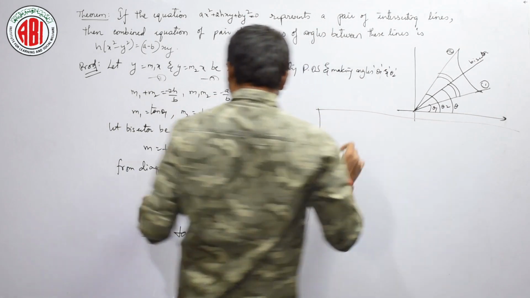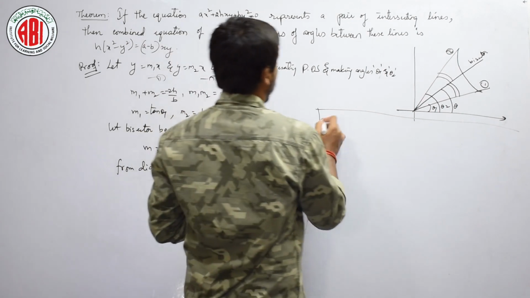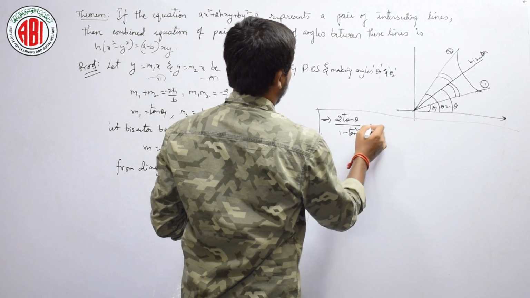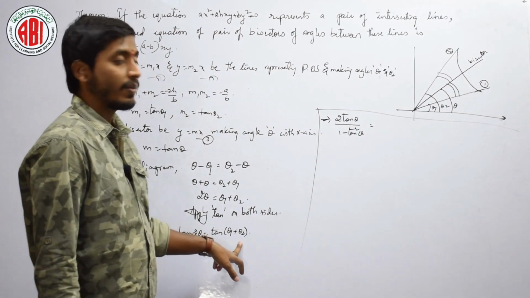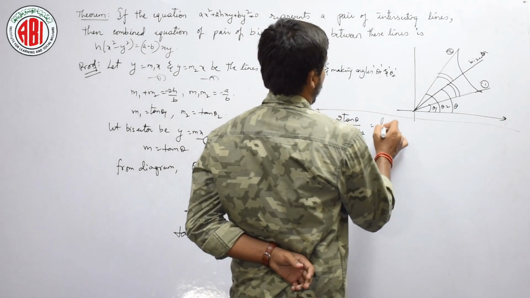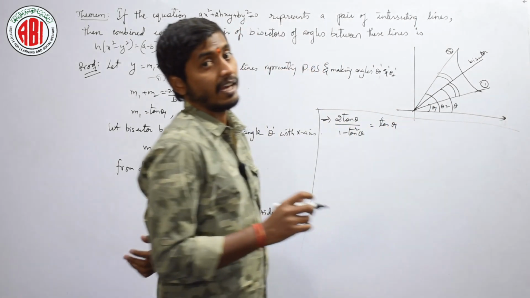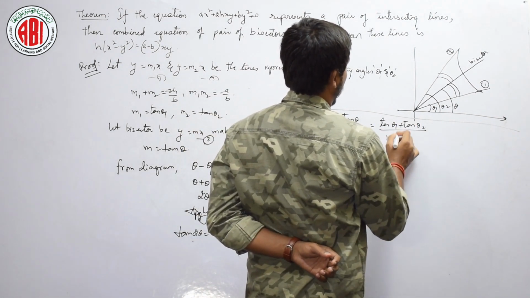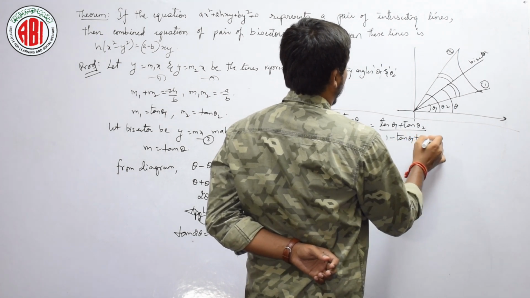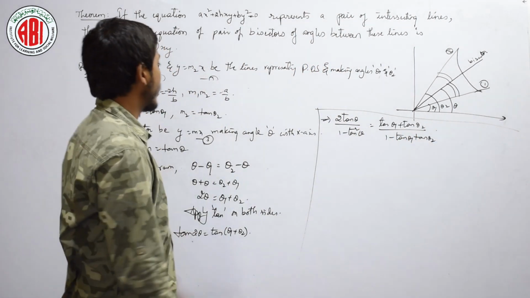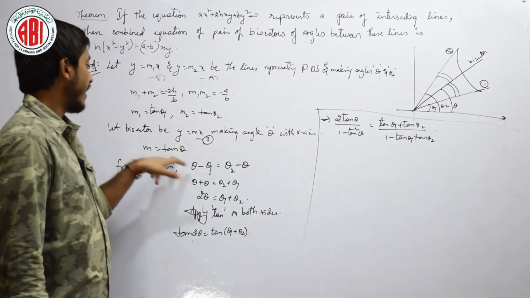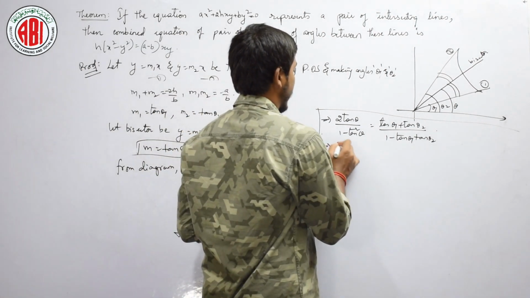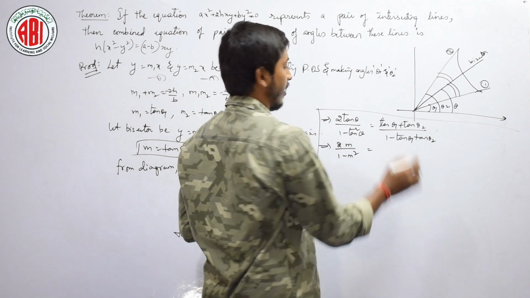Let us see. What is the tan 2 theta formula? Tan 2 theta is nothing but 2 tan theta by 1 minus tan square theta, right. What was tan of theta 1 plus theta 2? What is tan of a plus b? Tan a plus tan b by 1 minus tan a tan b. So tan theta 1 plus tan theta 2 by 1 minus tan theta 1 tan theta 2, isn't it? Now tell me, what is tan theta? Tan theta is nothing but our m, isn't it? Write it directly, this is nothing but 2m by 1 minus m square, right.